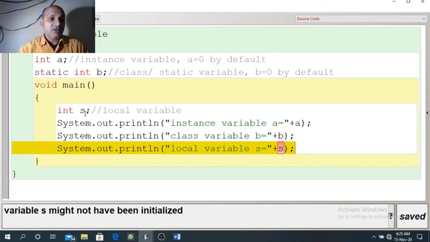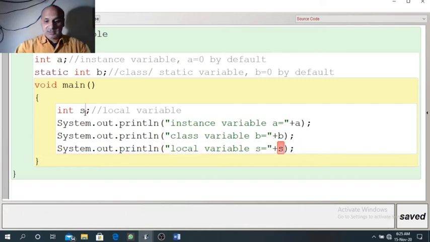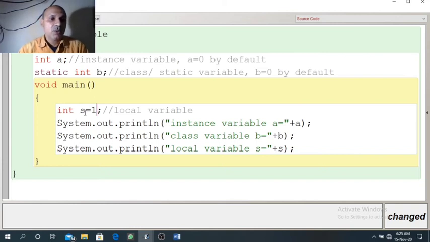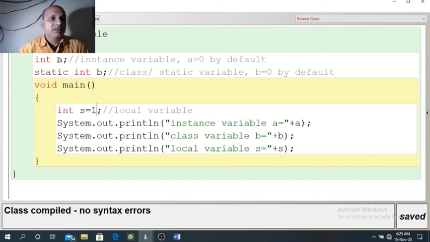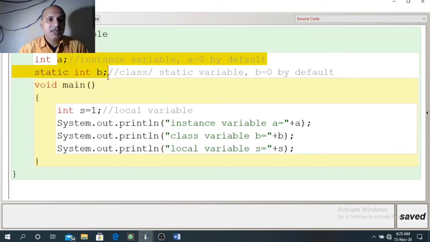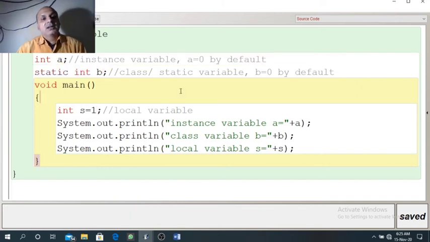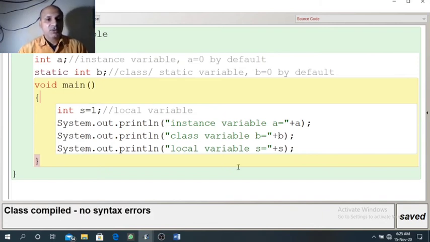It means while using the value of S, it must be initialized because it is a local variable. But in case of global variables, if A and B are not initialized by us, it will not give an error because the system will automatically initialize the default value in A and B, that is 0.